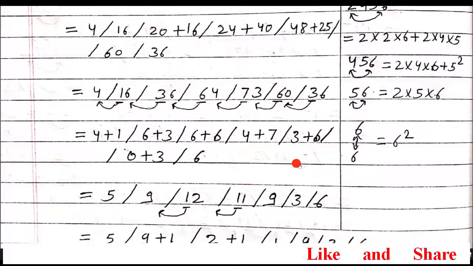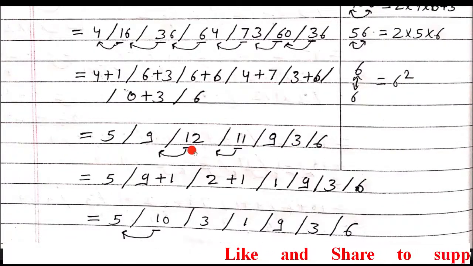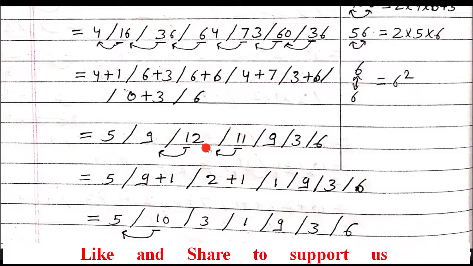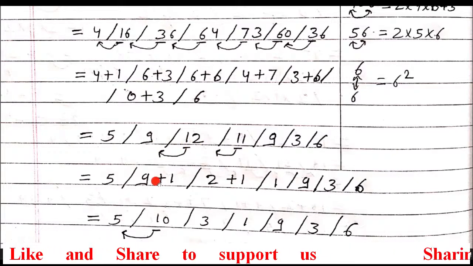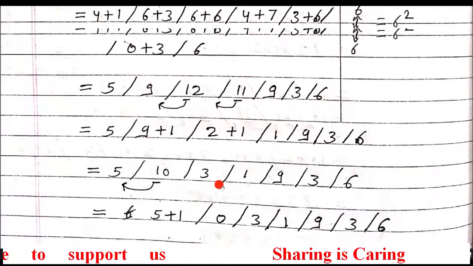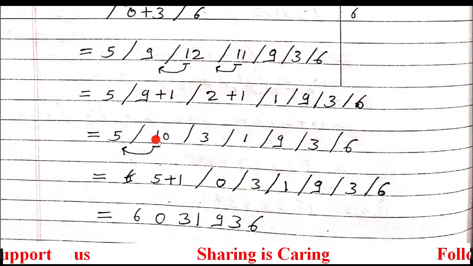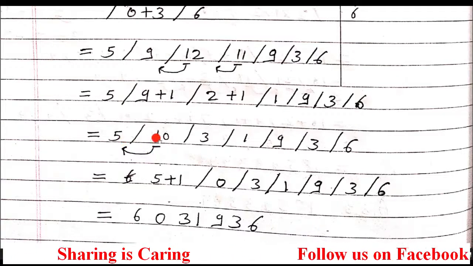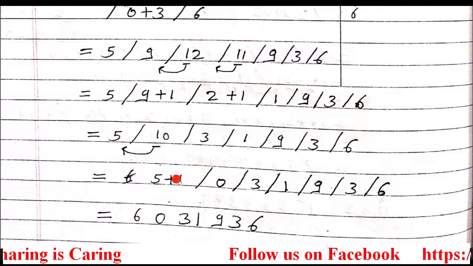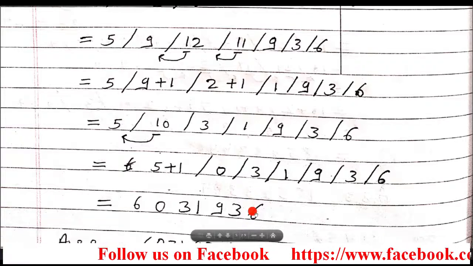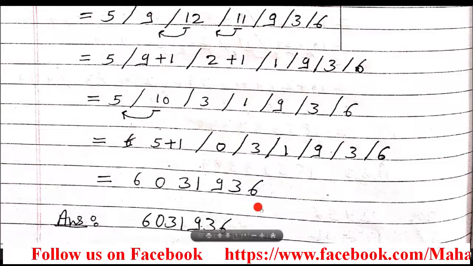Then add them. After adding, we found that in these two sections 2 digits again appeared. So you have to shift this one here and this one here. After shifting, it will happen like this. Then when you just add them, after adding again, here 10 appears, that is 2 digits. So this one again you have to shift here, that is going to be 6. So remove the slashes from between. So that is the square of this question. Thank you.